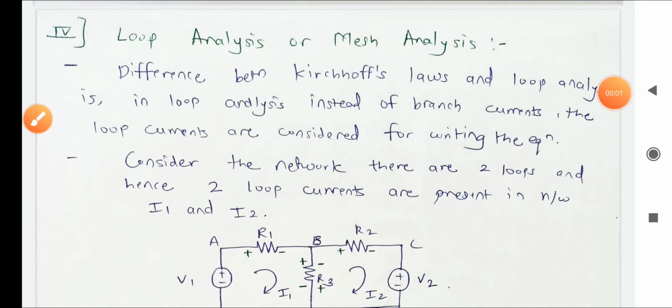Hello students, in this video I am going to cover the concept of loop analysis or mesh analysis and super mesh. So first of all we will see the concept of loop analysis. Now as we know, KVL is used to find out unknown currents in the circuit. Like that, the loop analysis or mesh analysis is also used to find out unknown currents in the circuit, but